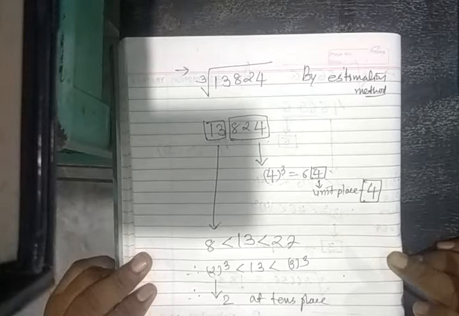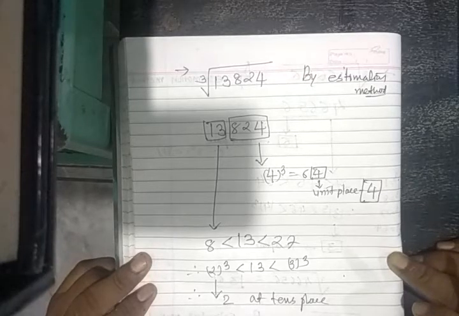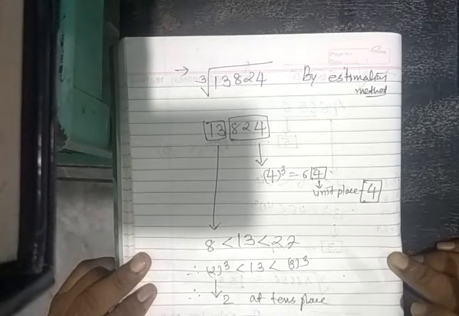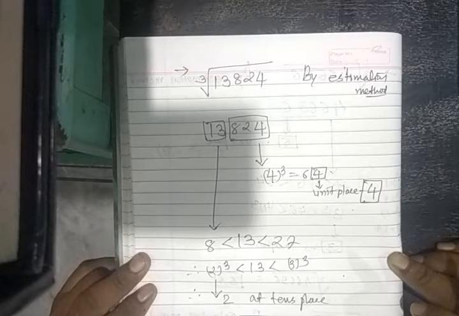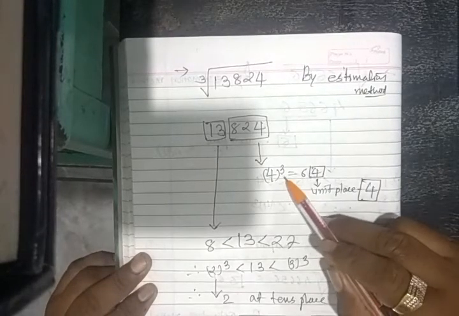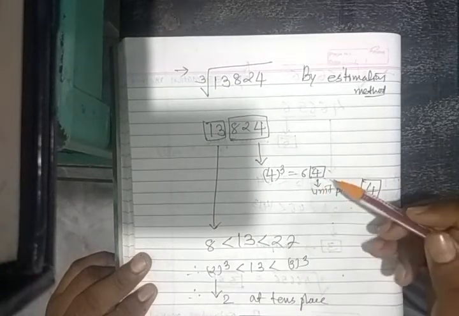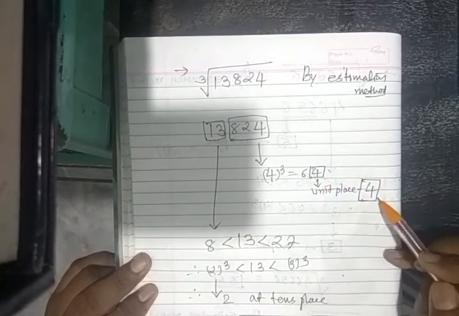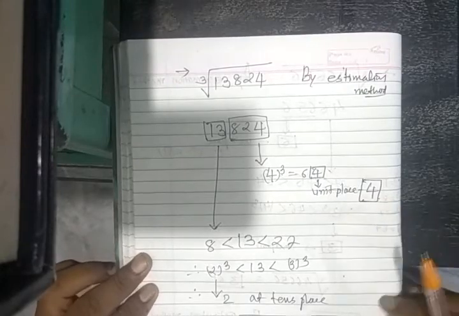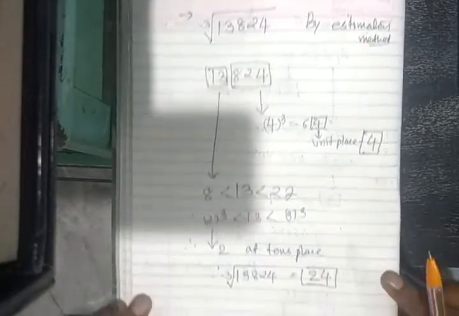Another example, the cube root of 13824 by the estimation method. First of all, we take 3 digits for the first group, so 824, and the second group is 13. Now in 824 the unit place is 4. Cube 4. What is 4 cube? 64. In 64, what comes in the unit place? 4. So we take 4 as the unit place. Now the remaining 13